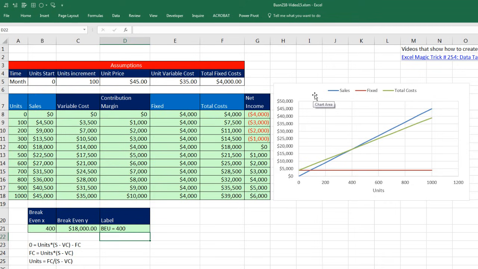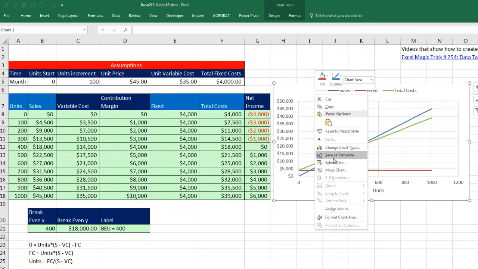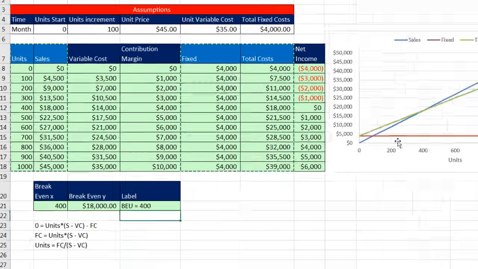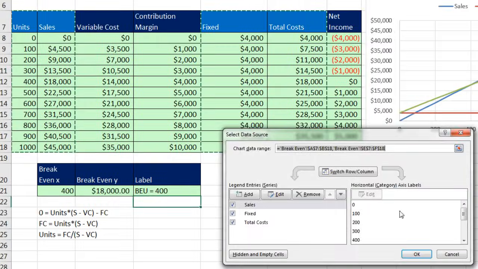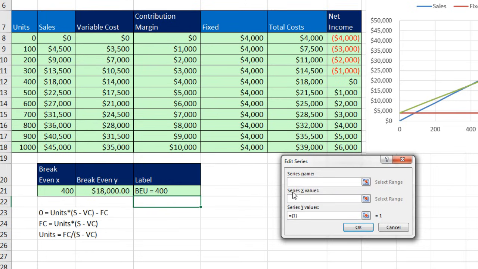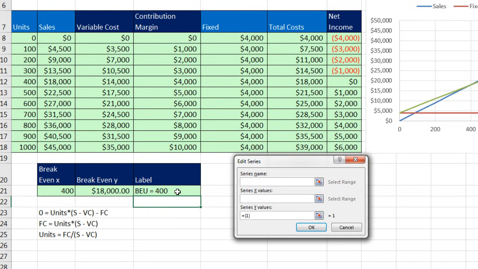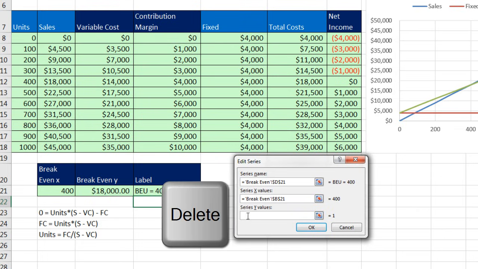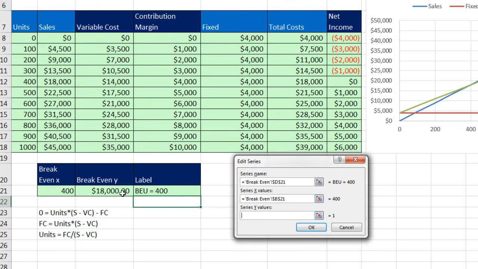All right, now I'm going to come over to the chart, right-click, Select Data. This Select Data dialog box is the real power to charting, because we can do whatever we want, like add a series. The series name, there it is. X value, there's my X. The Y value, be careful of that little array there. You want to highlight it and delete it before you put anything there. And now I click on the Y. When I click OK,